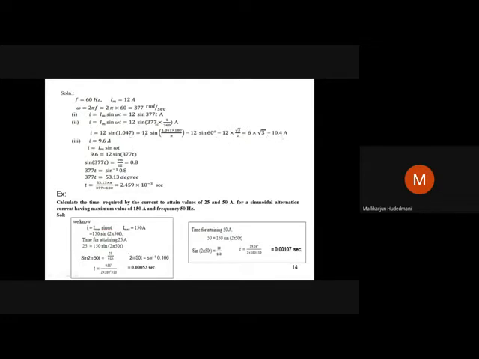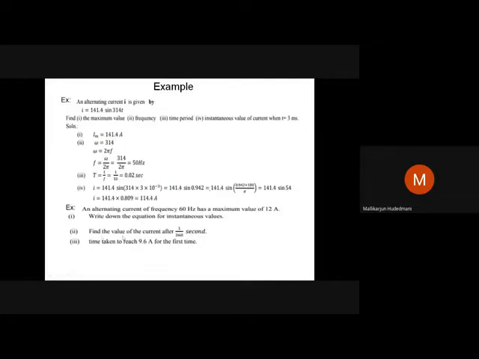This is the individual manual steps. These we need not do because your engineering calculator helps you. When I operate this string in that, directly one equal reaches your answer as 10.4 amps. That's all. So the wave represents 10.4 ampere at a time 1 divided by 360 second. It is in a fraction. When I take it to numerator, it becomes millisecond only, no doubt. So the value is 10.4 ampere. This is the second requirement in this question.